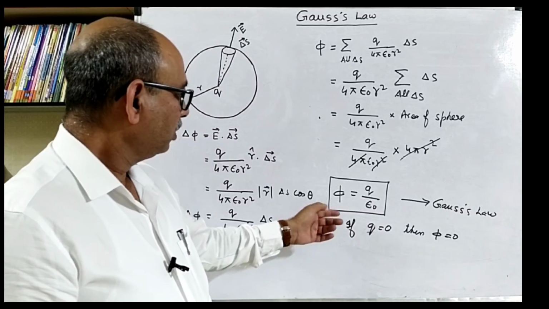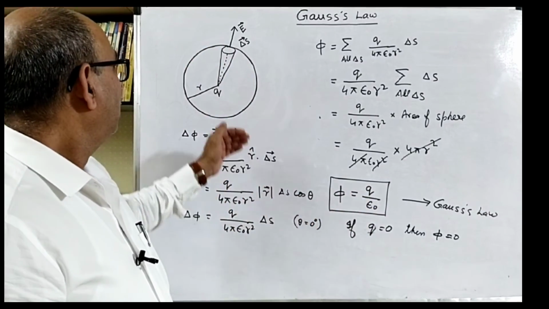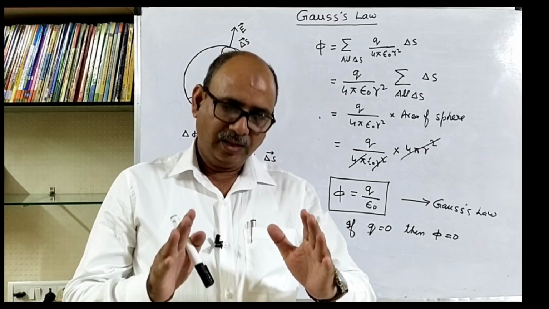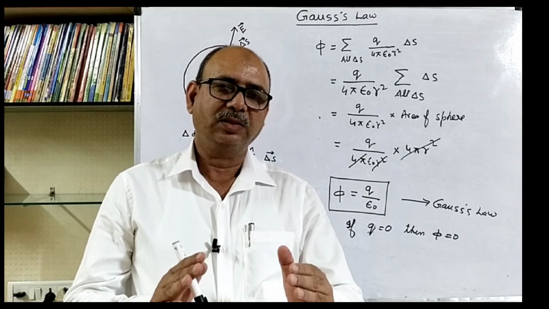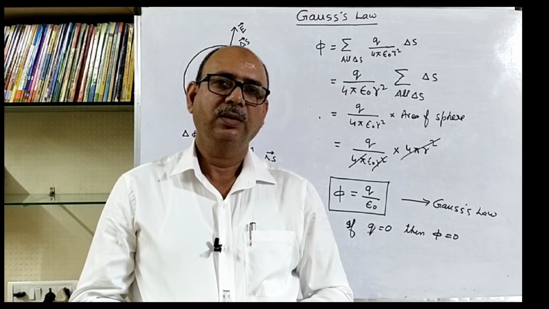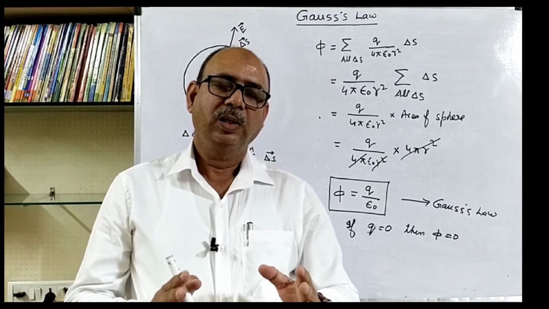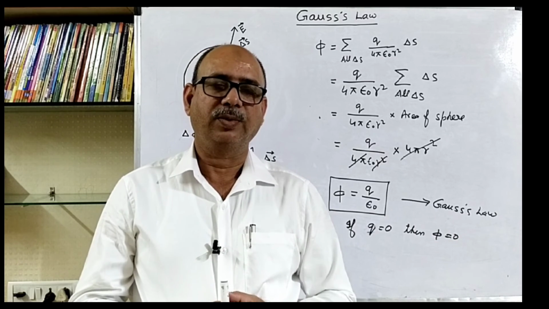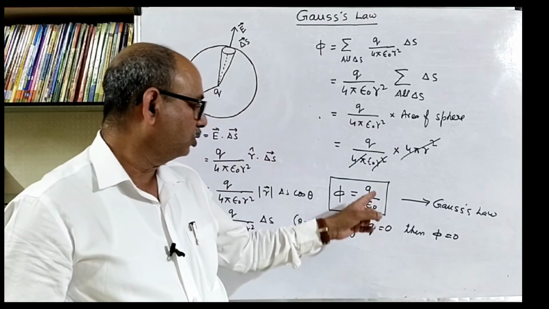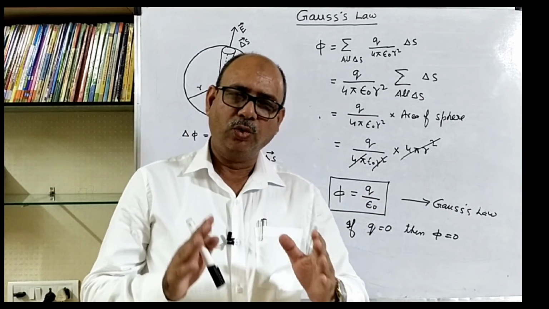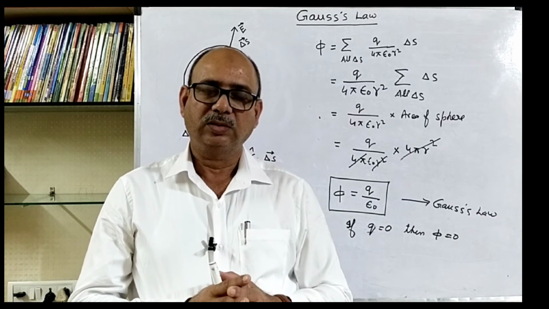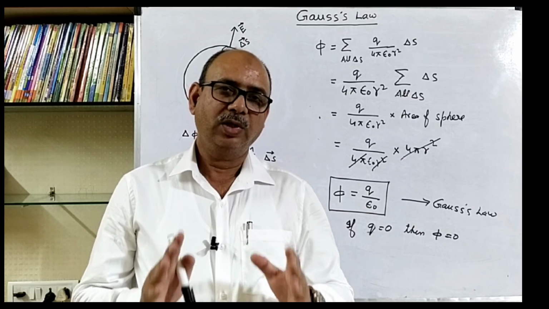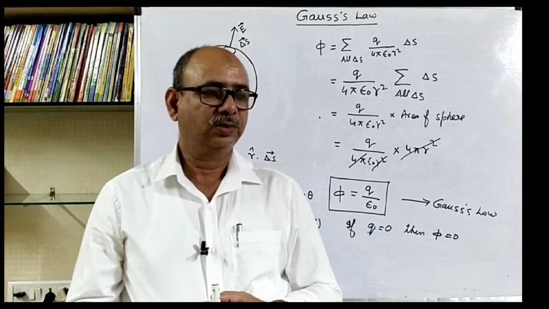Next point is, suppose there are some charges and some of the charges are inside the surface and some charges are outside the surface, then the electric field will be considering the charges inside as well as outside the enclosed surface. But the charge Q is considered only those charges which are inside the closed surface. This is very important when we will apply the Gauss law for calculations of the electric flux for the various surfaces.